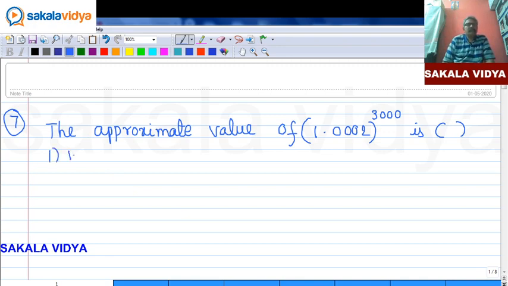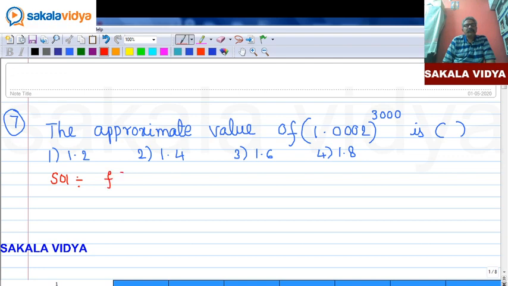First option is 1.2, second option is 1.4, third option is 1.6, fourth option is 1.8. So, now here I will give the clarity for this one. See, this is x is equal to 1. You take one thing: the integral part is x, the fractional, decimal part is delta x. You remember like that. Okay, now here